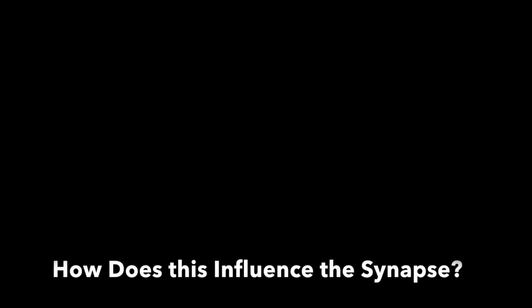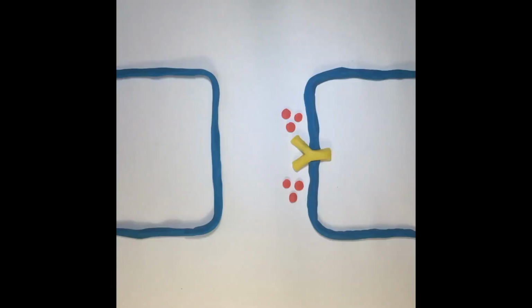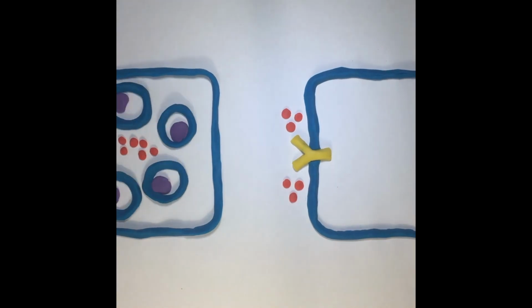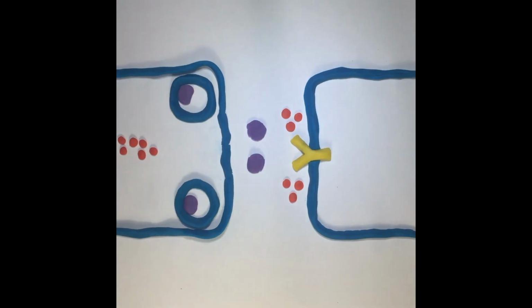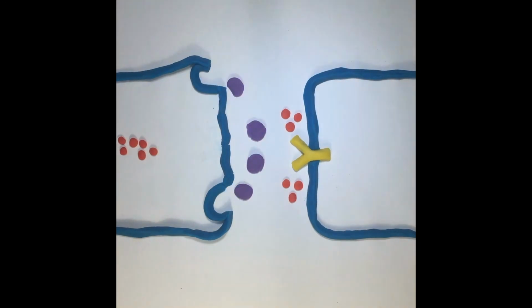How does this influence the synapse? First, we're going to look at a healthy synapse. The cell depolarizes due to an influx of sodium, which causes voltage-gated calcium channels to open. The influx of calcium is what allows the vesicles to fuse with the membrane, releasing the neurotransmitter, acetylcholine, into the